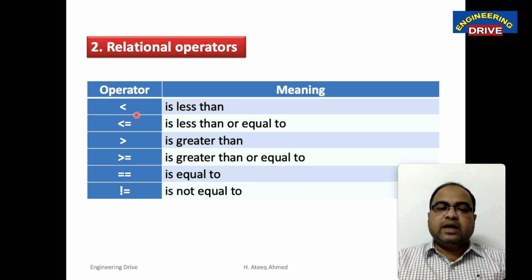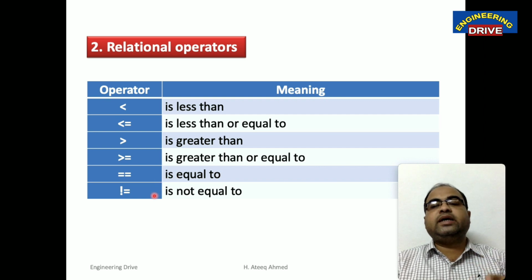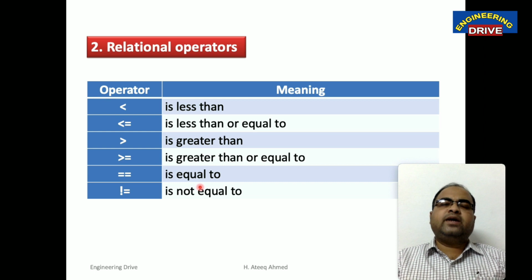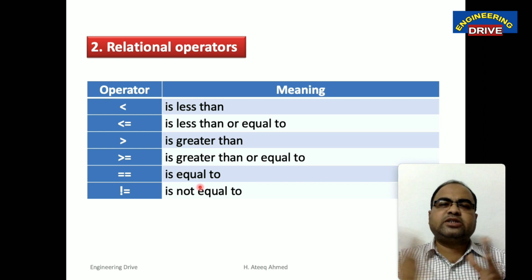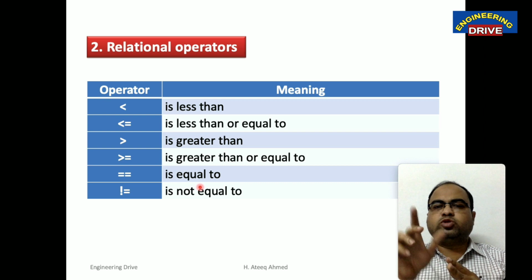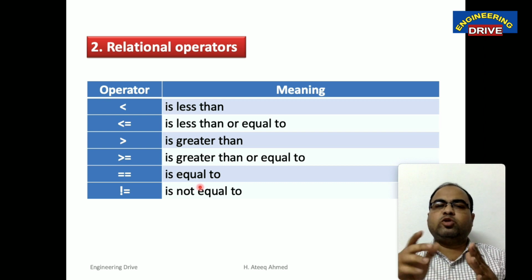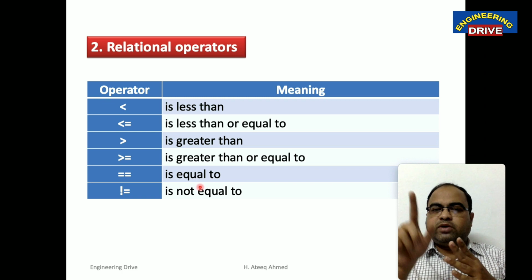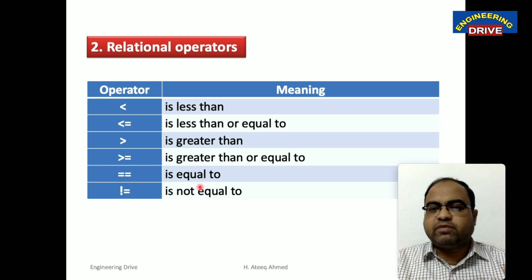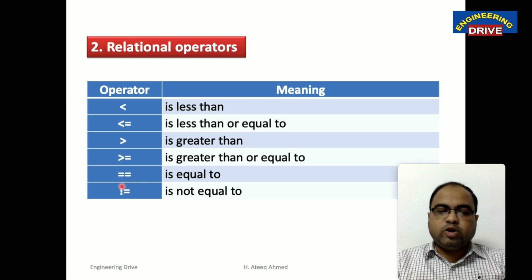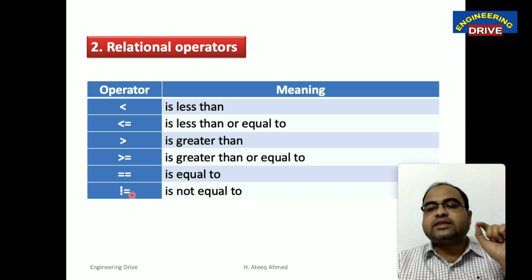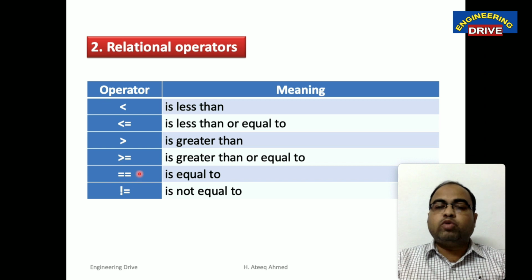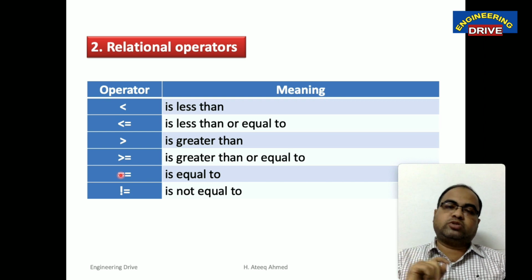What are those? Is less than or equal to, is greater than or equal to, is equal to, and the last one is not equal to. Compared to mathematics, where the relational operators differ, there we make use of a strike-off way. For not equal to, we simply put an equal to and strike it off. That method will not work here. Not equal to means we need to make use of the exclamation mark and then the equal to symbol. Is equal to means we need to make use of, yes, don't think it is a mistake, two equal to's.